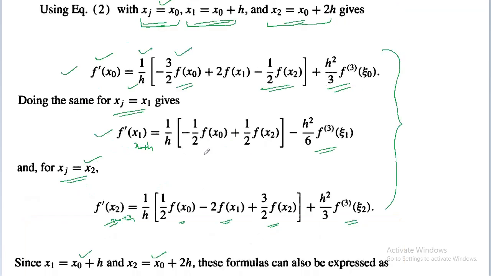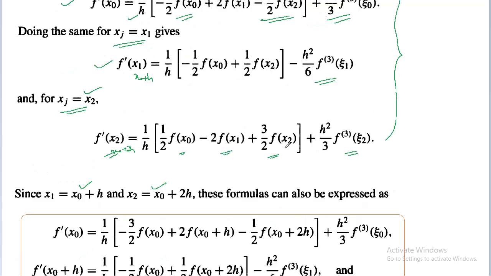The first equation will be f dash of x0 equal to 1 by h into minus 3 by 2 into f of x0 plus 2 into f of x0 plus h, minus 1 by 2 into f of x0 plus 2h, plus etc. That is, we will get this formula, and the second one, f dash of x1, will be like this: